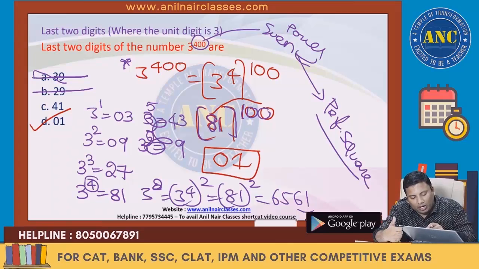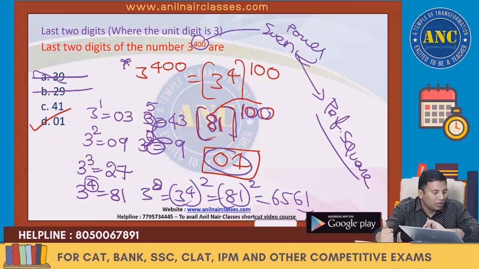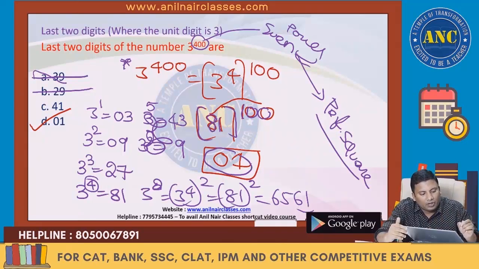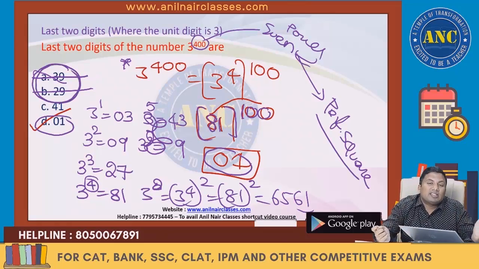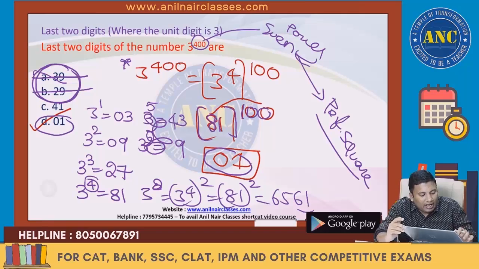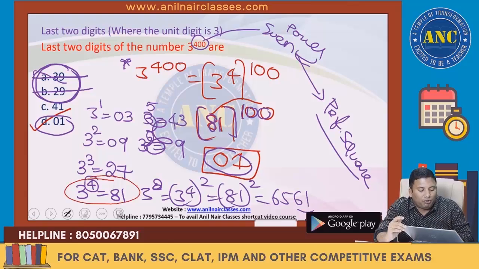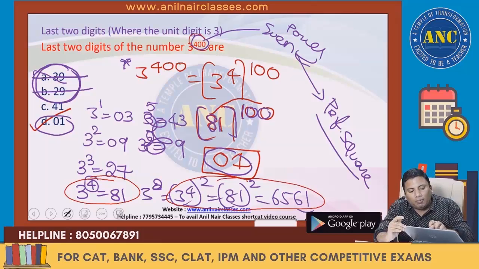1 power anything is 1, 8 zeros are 0. So answer is 0, 1. These two options, how I eliminated it. If the power is an even number, then the number is a perfect square. Any perfect square ending with 9, tens place has to be even. 39 is eliminated. And 29 also I eliminated because of this logic. 3 power 4 is ending with 1. 3 power 8 also is ending with 1. 3 power 4 multiples end with 1. So 29 is eliminated.